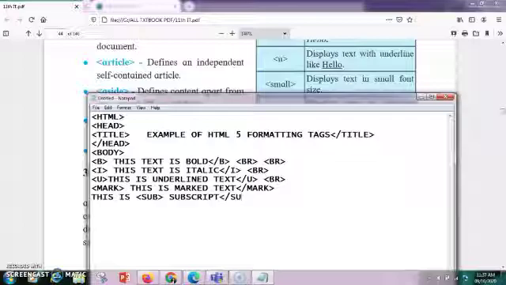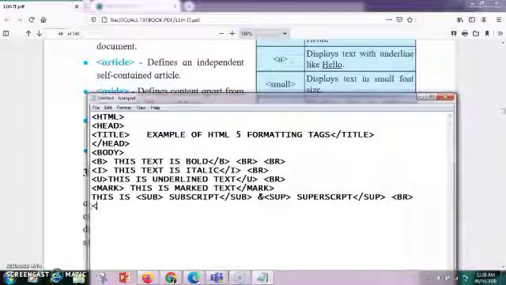All these text formatting tags are container tags. You have to end them. And sup: here I'll be writing superscript. Then again I'll end the sup, and then I'll use a fresh BR tag here.